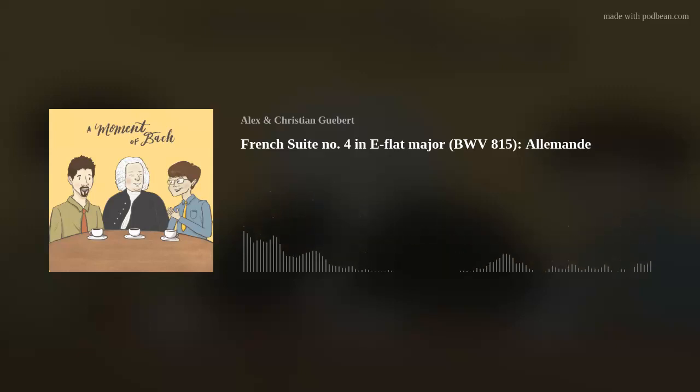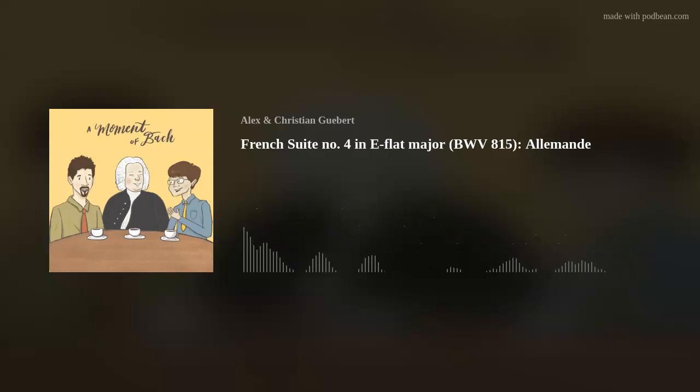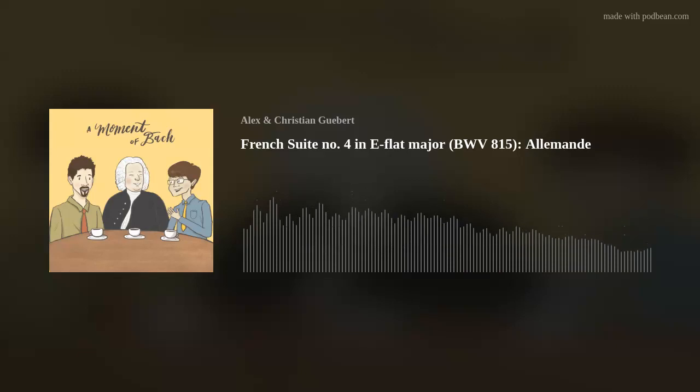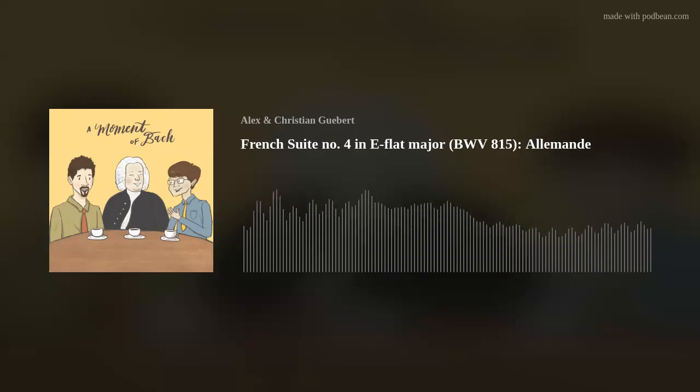But it is worth noting that, or at least repeating, I think you already said this, Christian, all of these movements of all of these French suites and English suites of Bach are like this. They all are in binary form, and they all have repeats. At least I'm pretty sure they all do. And that way, the performer gets to repeat the A section and then usually choose whether or not to repeat the B section. Some performers don't do either, but that's a little more unusual.